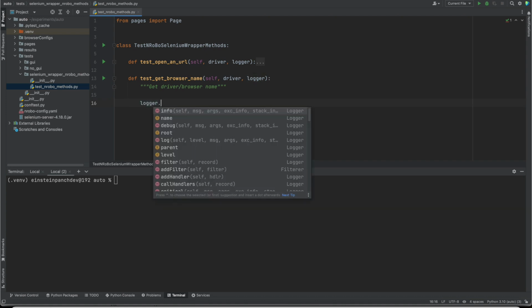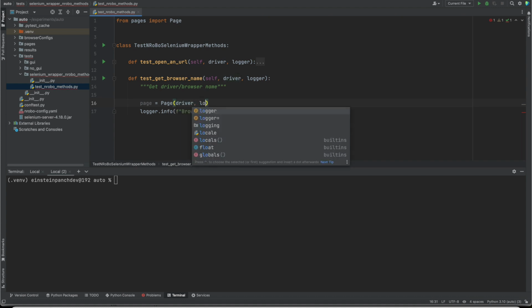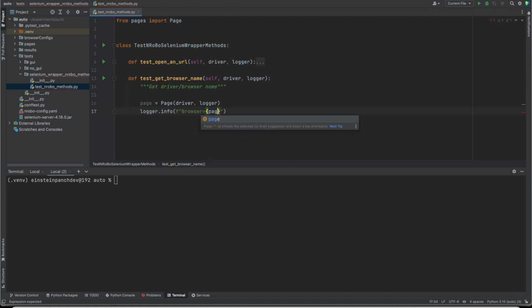And let's info browser. Let's create a page object first. So page, pass in driver logger reference, then call page dot name property of the page class, and let's run